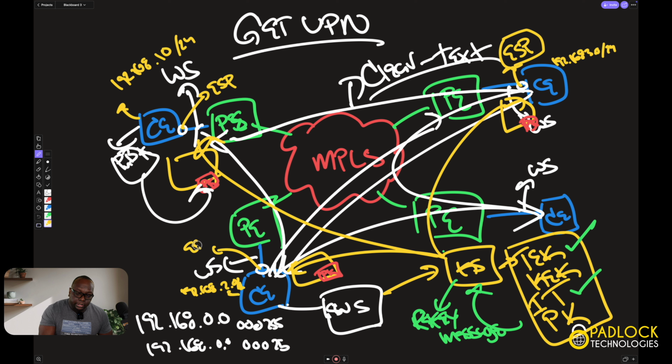All right. Now, obviously, if you had internet in your MPLS, when this was going to something outside to the internet, it would not match this interesting traffic value here, and it wouldn't be ESP, right? It wouldn't be encrypted traffic. It'd just be plain text going out to the internet. But as long as it's going from site to site, it's going to be encrypted. So now you have traffic separation